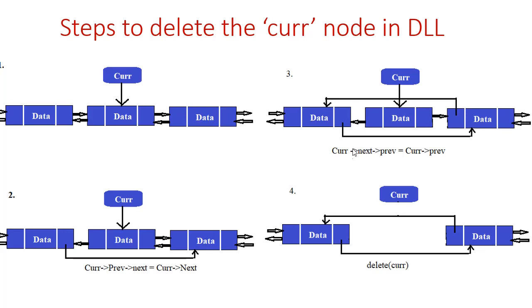So right now, after this particular step, the cur node has its next node and previous node references, but these two nodes are no longer related to the cur node. In the final step, I can delete the memory allocated and referenced by the cur node. So the memory is gone. This cur remains as a dangling pointer now, and the links between these two nodes have been established already. So the link continuity is maintained. Finally, you might want to make this cur null to avoid the dangling pointer problem.